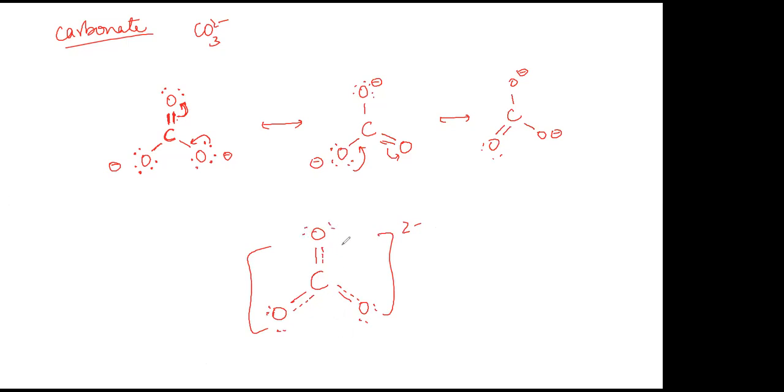So one pair of electrons is constantly delocalized among all 3 oxygen atoms. It is important that in a resonance hybrid, the bond that is sometimes there, sometimes not there, is represented using a dashed line. A solid line represents that the bond is definitely there and these electrons are settled, connecting this oxygen and carbon. But the delocalized electrons, the word delocalized itself says it, they are not local. They are moving everywhere. So the delocalized electrons are represented by a dashed line.